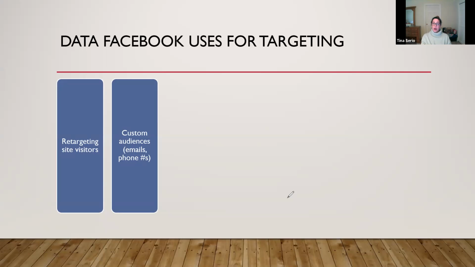You can also use your website visitors. Say you tell Facebook, people that have been to my website are valuable, and I want to find other people that look like them. And when I say look like, I don't mean brown hair, brown eyes. I mean they behave similarly and have similar interests. Facebook is going to use all the data they have at their disposal to find other people similar to those folks. So that's another way to expand your audience beyond what you've already captured.